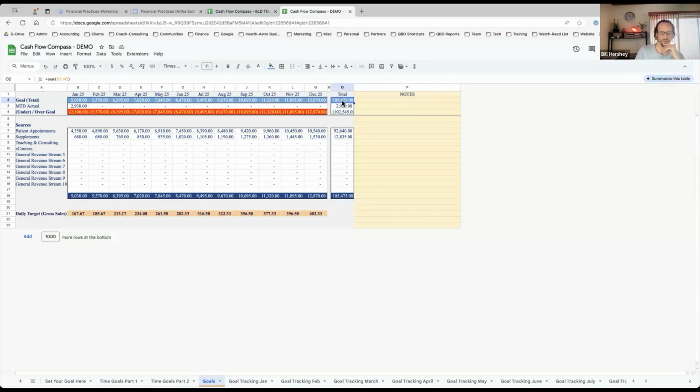It's not all about money. It's not like the success of our business is only determined by hitting our financial goal for the year. But gosh, it's sure nice to have the money when you need it, right? And this is going to support all the other wonderful work that you're doing to make impacts in your community if you're able to run a successful practice. So it's not about being solely focused on finances, but it is about supporting the important work that you're doing. So I hope this has been helpful for you.